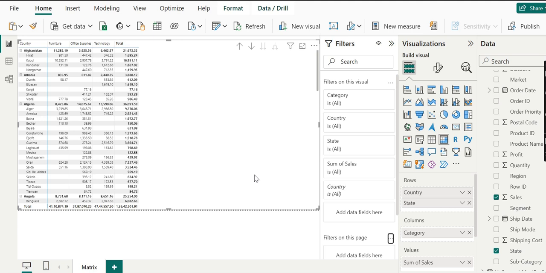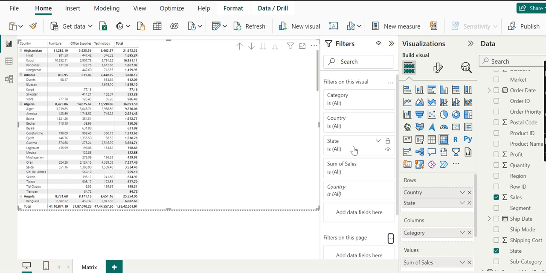Right now, the matrix is in expanded form for every country. Now go to the filter, and we can see the filter for category, the filter for country, state, country, and this one country for all.